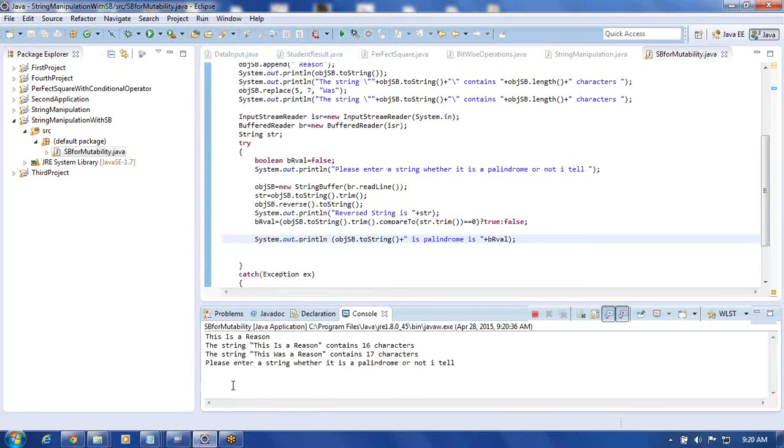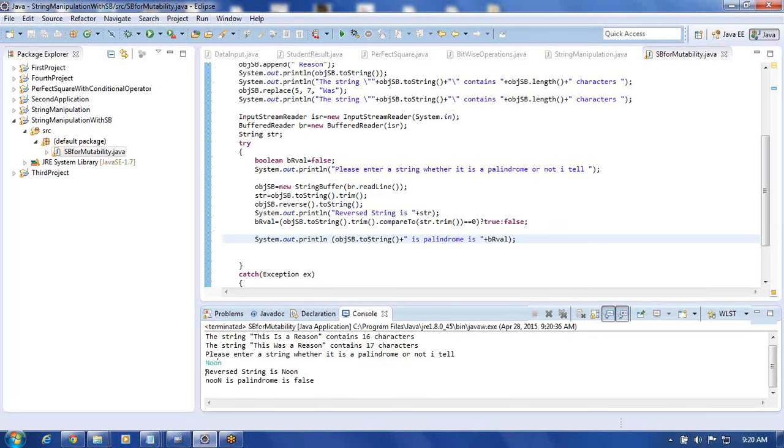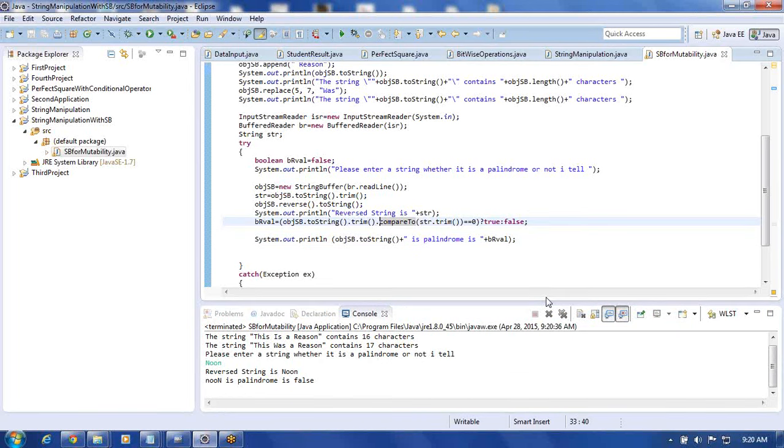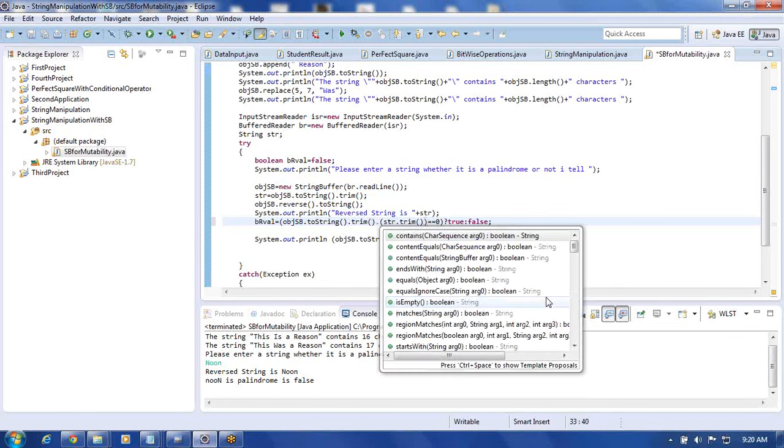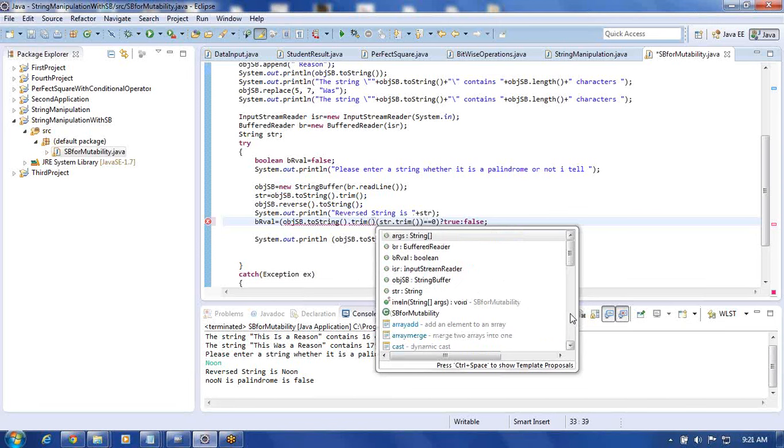Even when you enter something like this, say noon, even this one is going to say false, because it is looking for the case sensitivity there. In such cases we can ignore the cases. Dot compare to ignore case you can do with that. Trim dot,